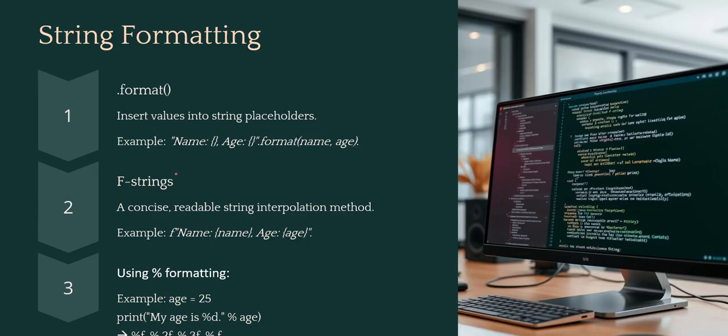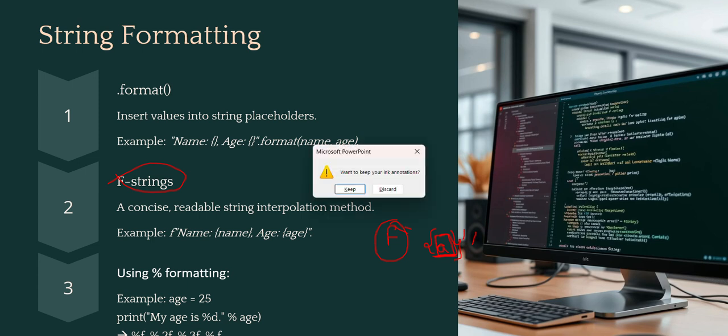So now what is the f-string? Before starting a string, before the quotes, I'll start by writing f. This simply means I am starting an f-string here, and inside the placeholder, inside the curly braces, I'll specify the name of the variable. Whichever variable I want a value from, I'll specify here only. Let's say I want a value for name or age, I simply refer to the variable. Now let's understand this with the help of code.